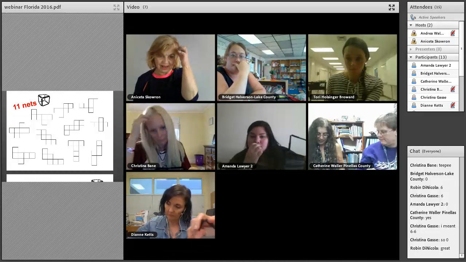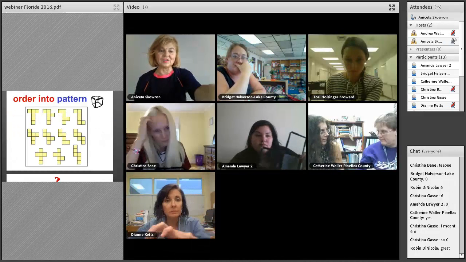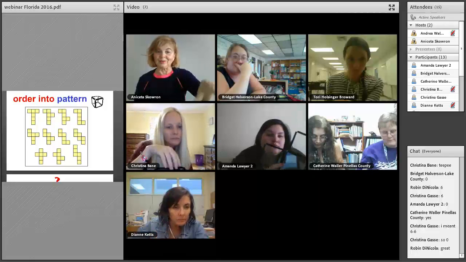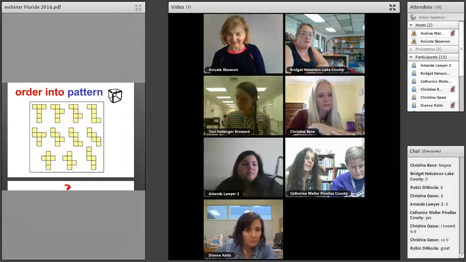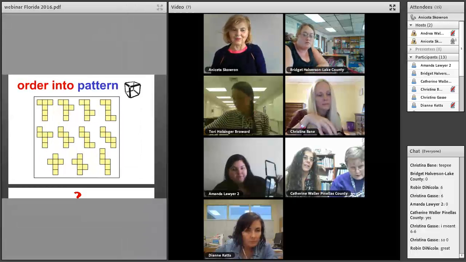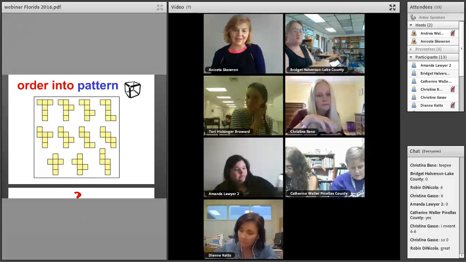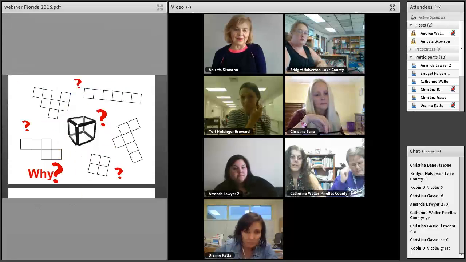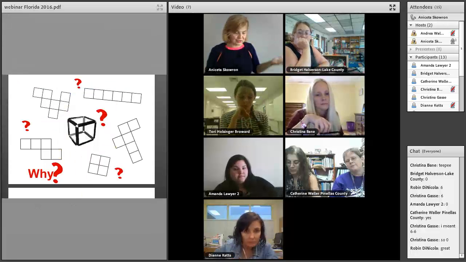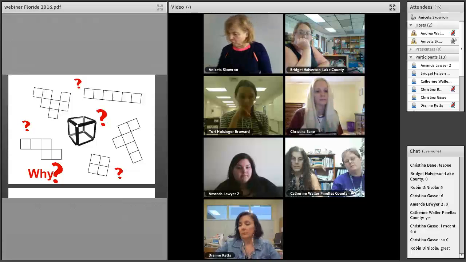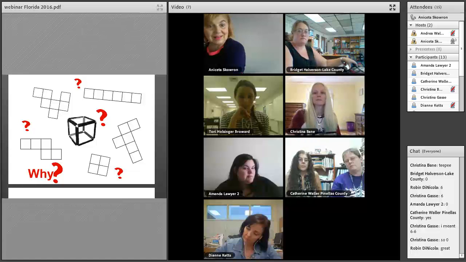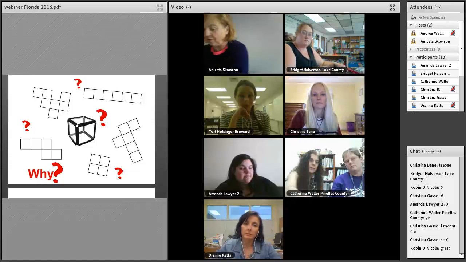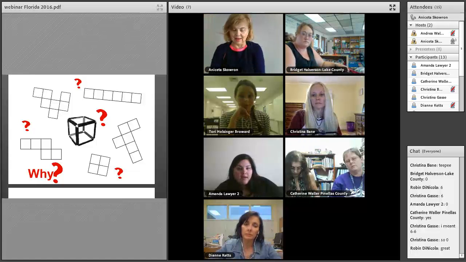So here are the 11 nets, and then you can actually order them into a pattern. You can see how you can do it a little bit more systematically, kind of find them out all one after another. But now there are some arrangements of the squares that are not nets, that cannot be put into a net. For example, if you put something like this,